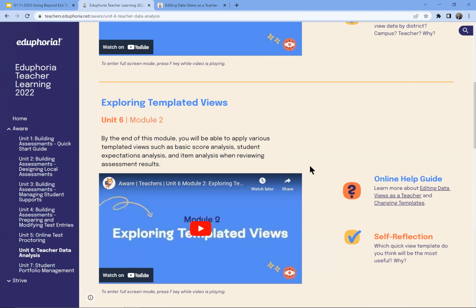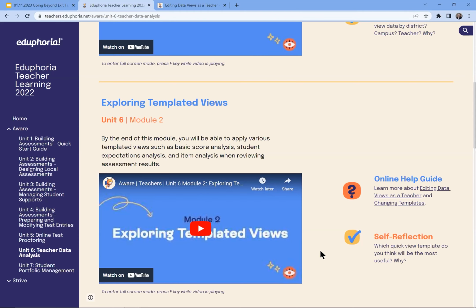And then if I'm choosing to engage with this with my professional learning community or with others at my district, we also have some self-reflection questions. So this can be really a way that either I sit and reflect on my own practices. I might bring it up in my coaching in a walkthrough environment, or in our PLC, we can set goals to say, okay, let's tackle Unit 6 and then let's talk about these questions. And so this is a really great way to get started, give some self-guided practice for teachers, whether they're new, needing a refresher, or just wanting to make sure that they're as informed as possible on what's available to them